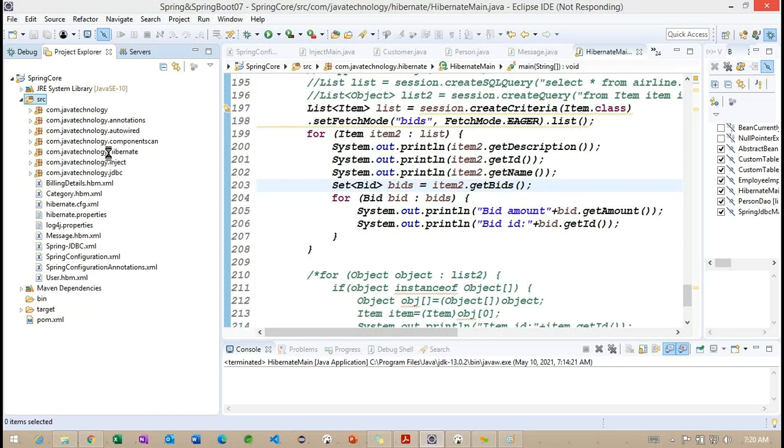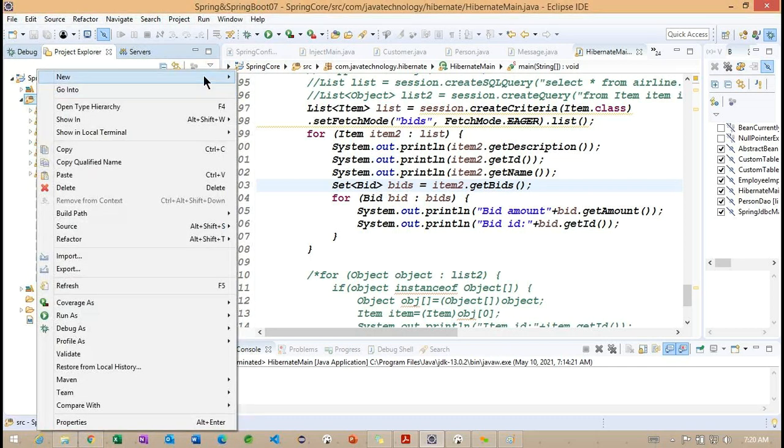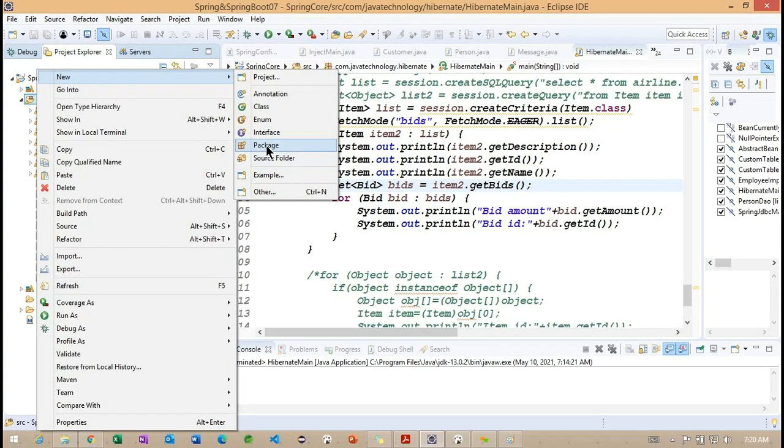So let me create a different package here. Eclipse is taking a little bit of time.